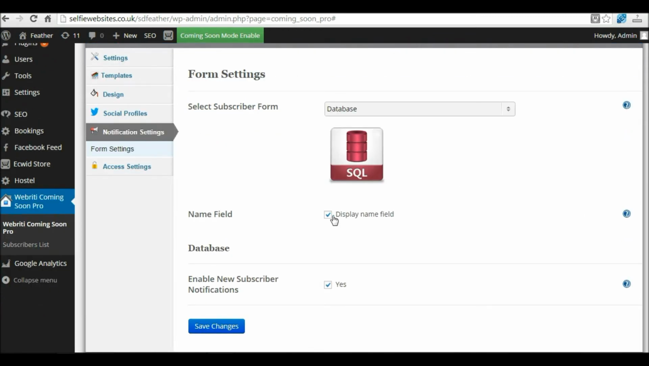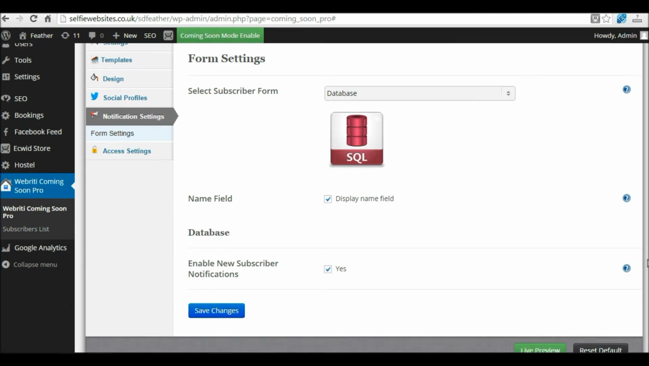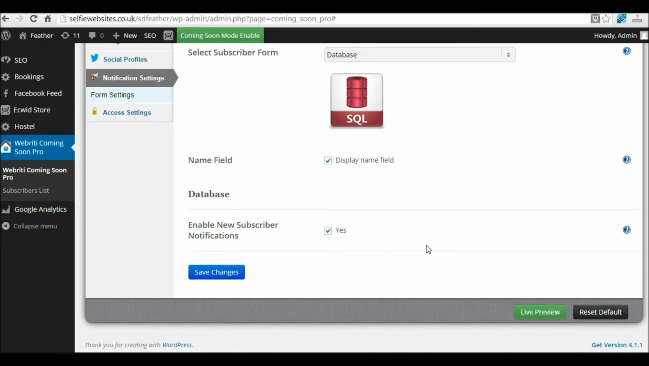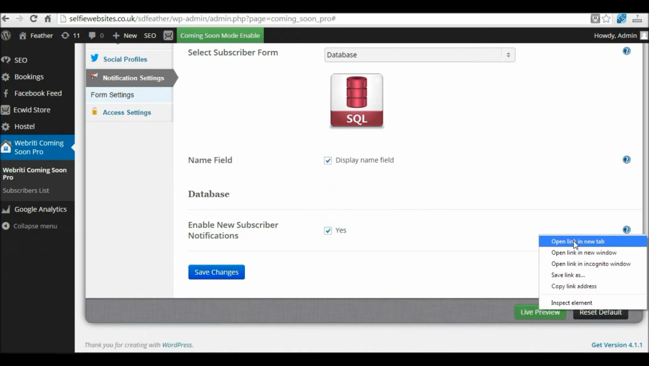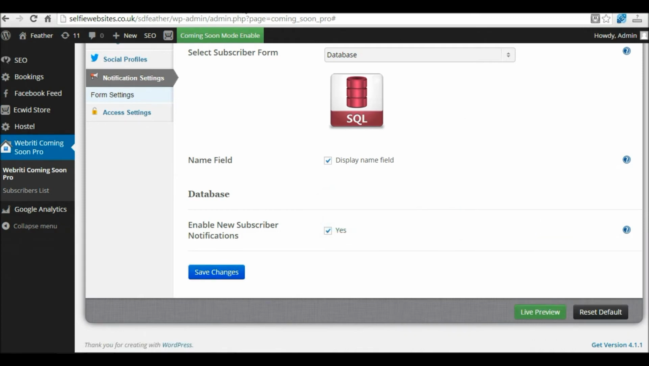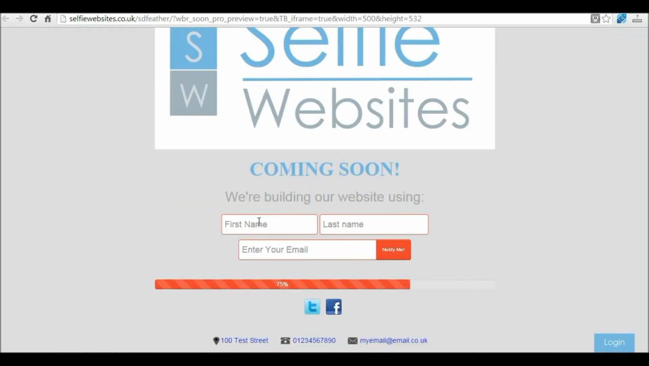We want to display the name field, yep. And we want to enable new subscriber notifications, which means when someone subscribes, I'm going to get notified, or in your case you're going to get notified to let you know that someone has subscribed to your email newsletter. We're going to save that change, and if we now do a live preview,